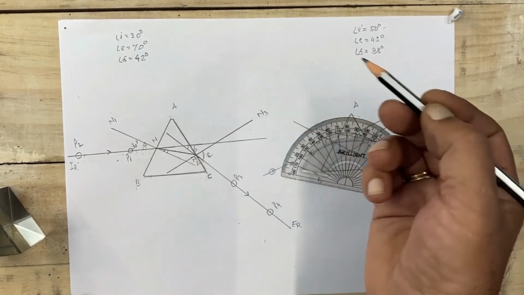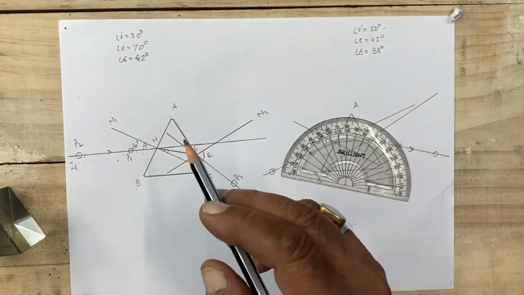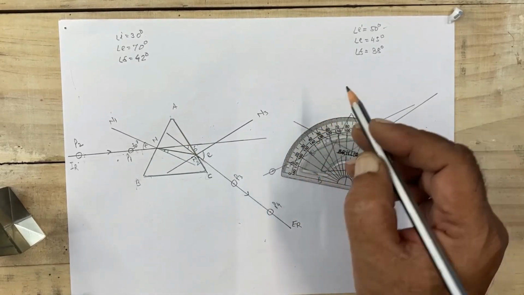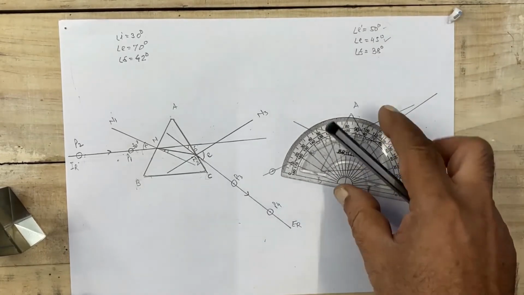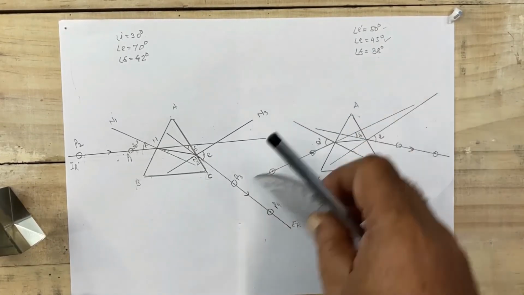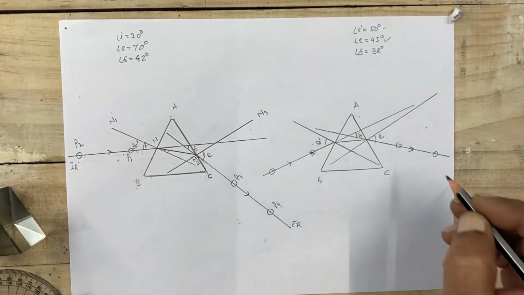And we have discussed earlier, in the session we discussed what is the relationship between angle of incidence and angle of deviation here. Angle of emergence here it is 45 degree. So this way we have drawn the ray of light through prism. So any problem here? I'm sure you must have enjoyed.